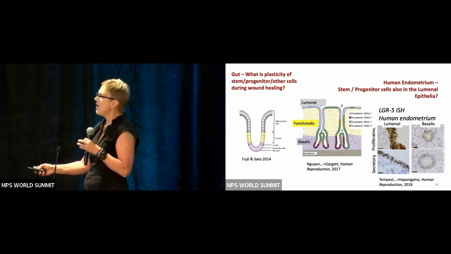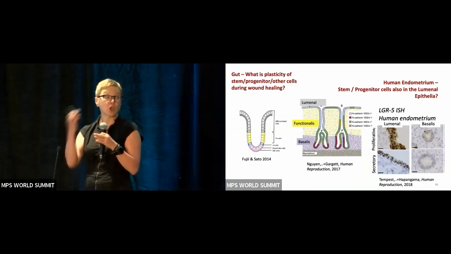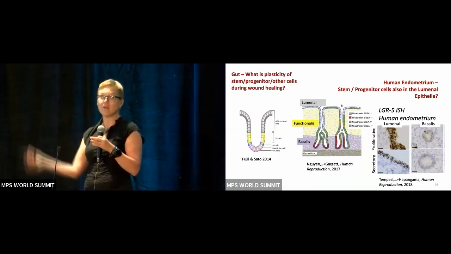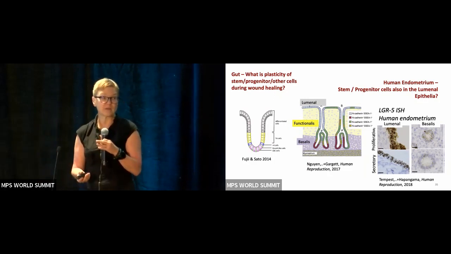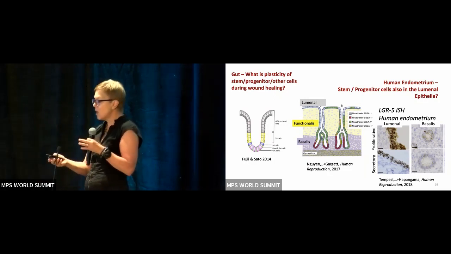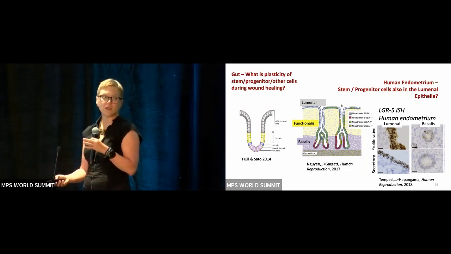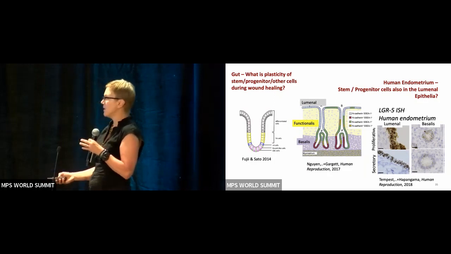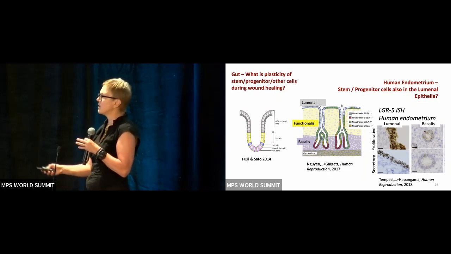But you have evidence from several groups, including a recent publication from the Cambridge group, that there are stem cells actually out here in the lumen. Okay, so maybe they're what's causing endometriosis, right? There are super fascinating questions about structure and function in these two mucosal barriers that we're pursuing, because there is evidence of stem cells here. And we continue to dig into those, and I don't have time to go into all of that fascinating biology